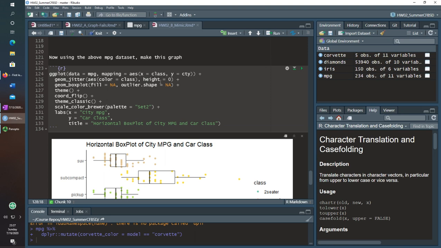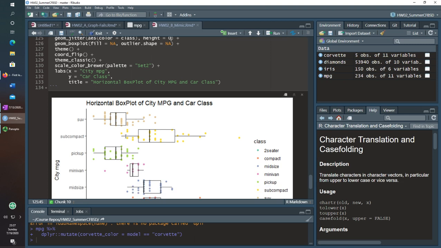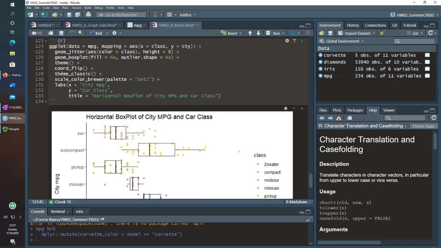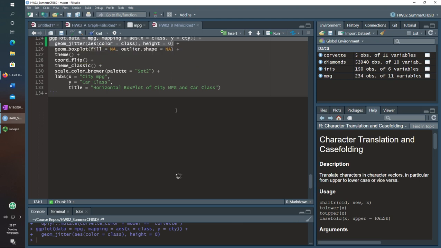You don't really want to jitter it in that direction. So you can just say, I want it to move, but only in that direction, if you set the height equal to 0. Why the height equal to 0 and not the width equal to 0? Well, in this case, even though you can obviously see the points stacked on top of each other vertically in a row, it's because we used coord_flip. So even though we use coord_flip, we still have to say the height here.